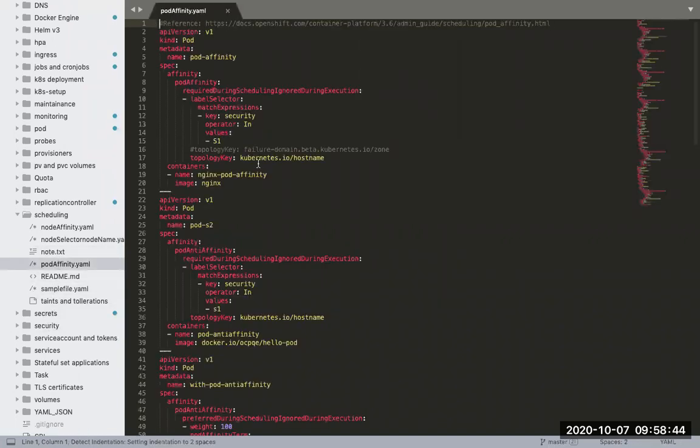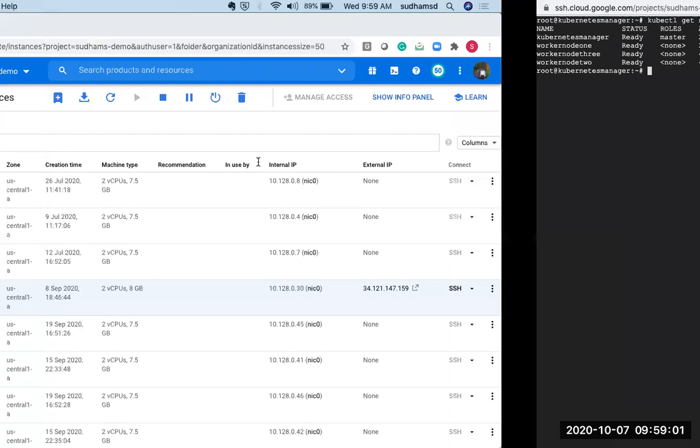In pod affinity, the purpose is this: let's say I want to schedule the pod in such a way that if any one of the pods is running, let's say I have a pod A and pod B. Let me draw a diagram and explain.